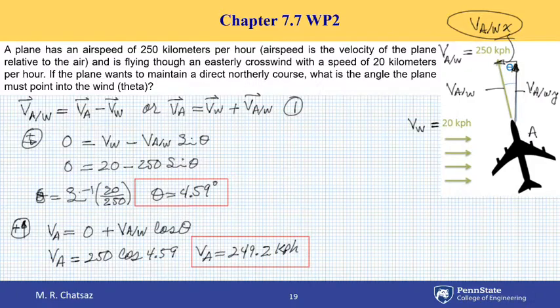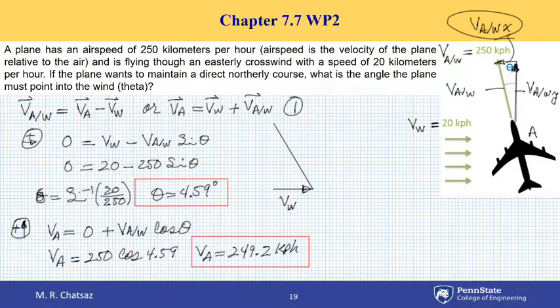So if I draw the components of equation 1, I have velocity of the wind, which is a vector to the right, plus velocity of airplane with respect to the wind, which is this vector going to the left of vertical. If I add these two vectors,